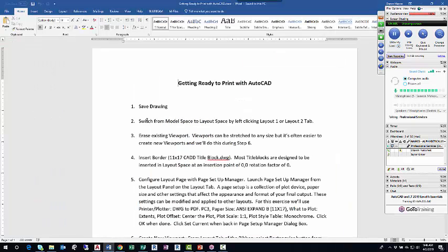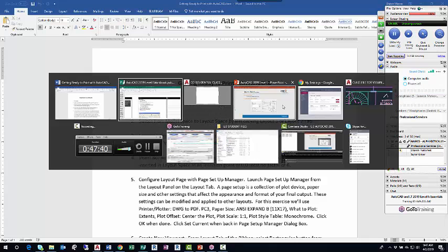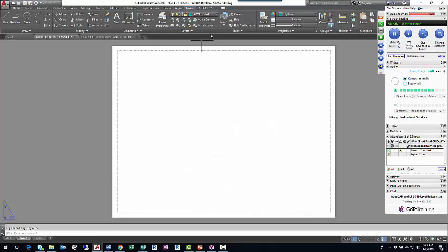It's a little bit more detail here. Step 4 says insert border, called the 11 by 17 CAD title block. Most title blocks are designed to be inserted in layout space at an insertion point of 0,0 and a rotation factor of 0. So we're going to insert that border, and the border will come in on a layer called